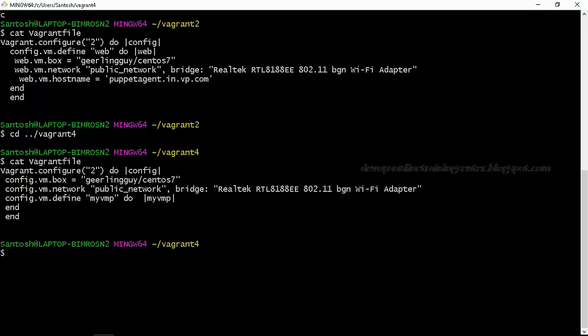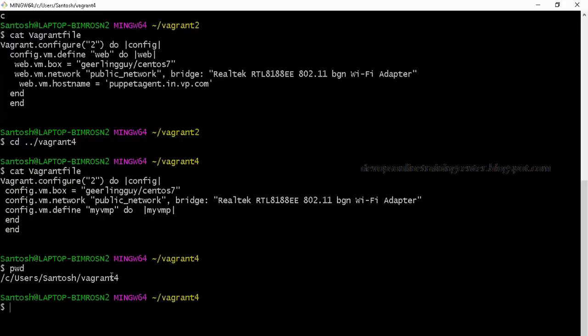Anybody else tried? Okay, fine. Let us quickly see some more commands and go to Vagrant if possible, so that you can all